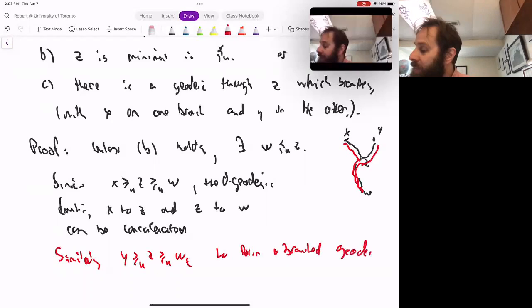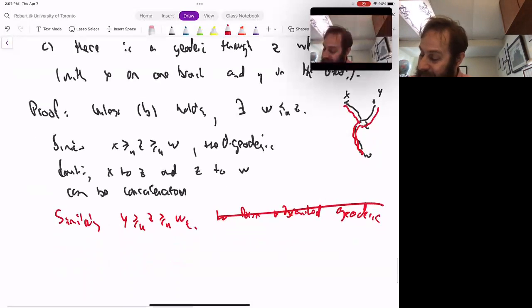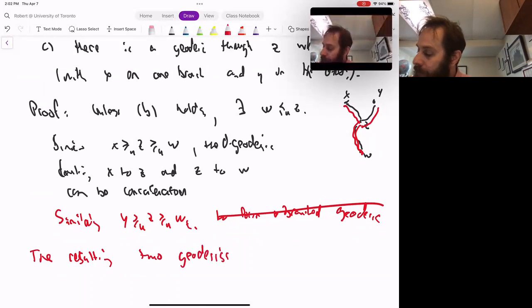Oh, sorry. Well, I shouldn't say that quite yet. So there are two possibilities. The resulting two geodesics, either one is a subset of the other,